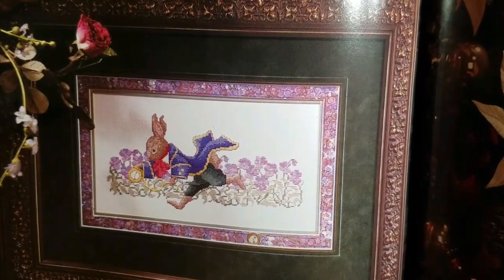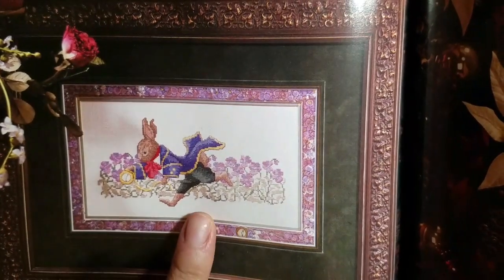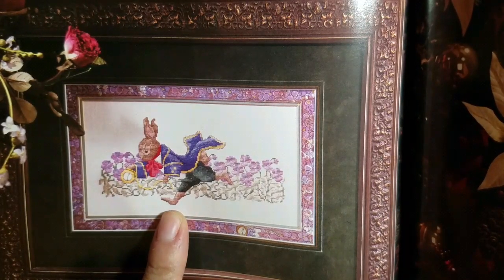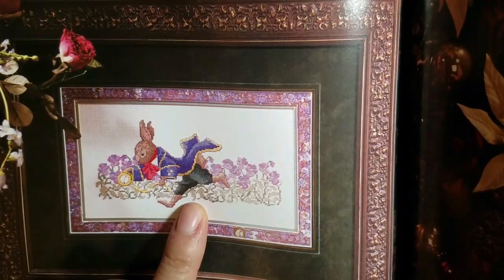I don't really need to do a page through at all. I'm going to show you a couple things. This is a really cute pattern called No Time to Spare, which obviously is an Alice in Wonderland white rabbit, though he's not white, as you can see, but a rabbit reference to Alice in Wonderland, which I thought was really cute. But the main reason that I bought the book eventually, after I paged through it a little bit, was that